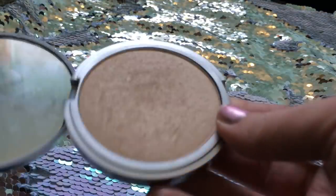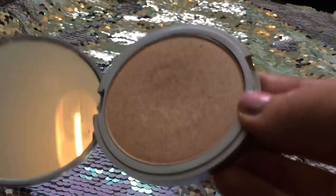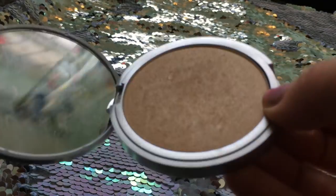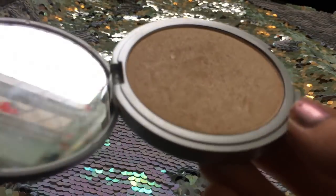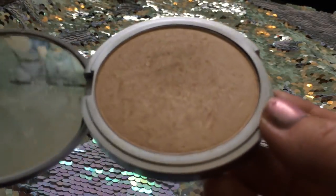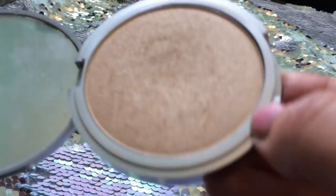Obviously, after the peer pressure of everyone loving it, I had to try it out for myself, and I was rather disappointed. I got this from Amazon, and I've questioned, could this be a fake maybe? No, I don't really know if fake makeup was particularly a thing back in the day when I will have bought this years ago. I'm not going to tell you how many years because I will totally give away my age, not that I care, but anyway,